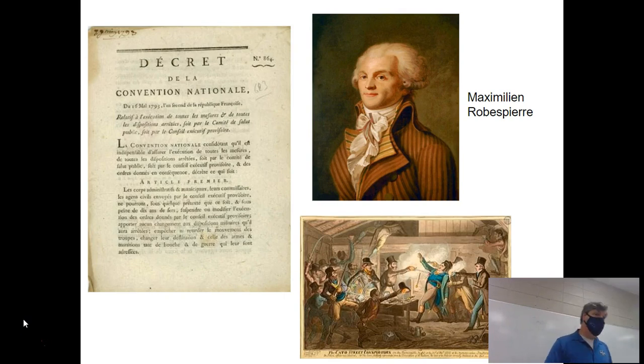They implement a draft where they're now conscripting young men to fight in the military. And before you think, okay, well, these guys are kind of getting it together and maybe they can sort it out and bring back normalcy, no. The dark side of the Jacobin rule was that they controlled the French people through an extreme program of violence and intimidation. They also implemented what has now come to be called the Reign of Terror.